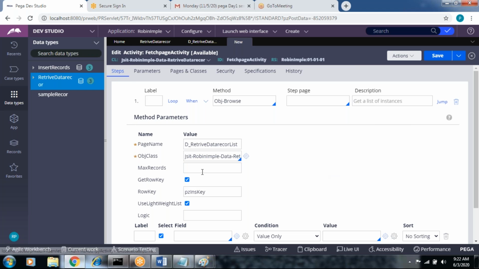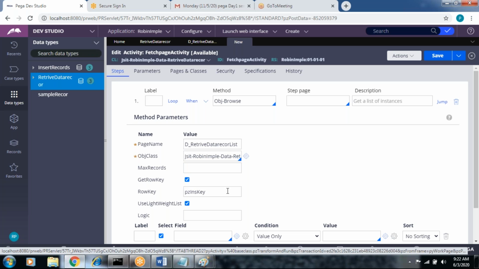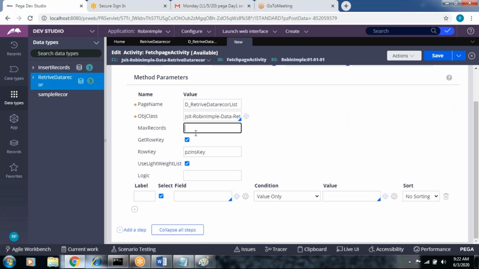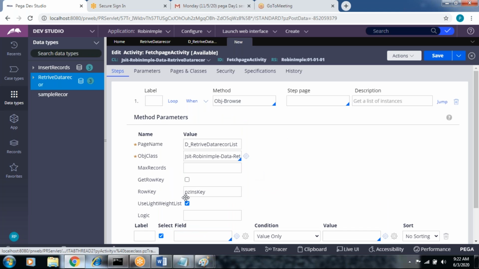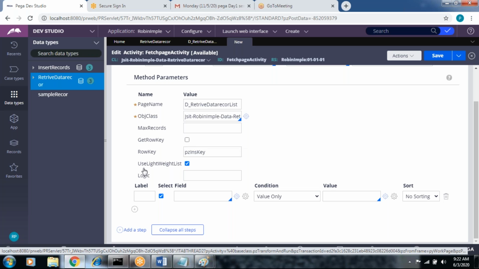Fine. Maximum records, how many records you are going to retrieve, just mention it. Get-row key is nothing but, suppose you want to retrieve the data by using PZINS key, you can mention the get-row key and click on the checkbox. As of now, we are not using PZINS key, so check the checkbox.